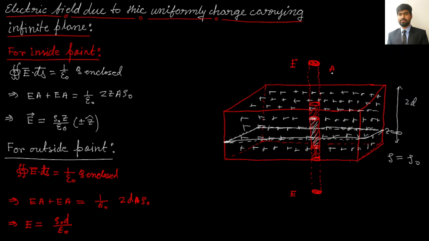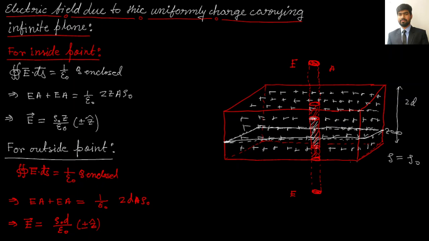At any point outside this layer, the electric field will again be constant, rho naught into d divided by epsilon naught, and above the plane it will be plus z cap, and below the plane it will be minus z cap. So let me write it this way, plus minus z cap. Okay, so now we can see that the electric field inside the layer will be